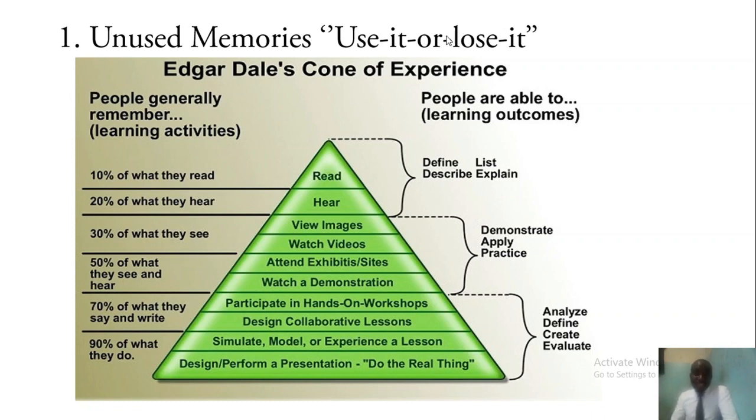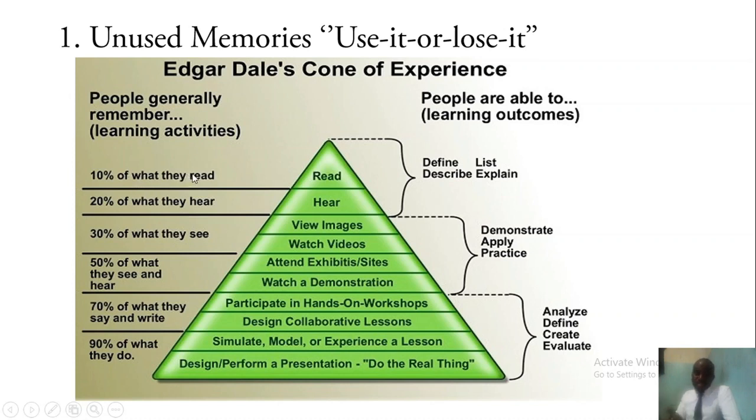The first factor is unused memories. There's a principle that is called use it or lose it. What this simply means is that if you are not utilizing information that you have stored in your brain or in your short-term memory, that information is likely to be lost. So the more it explains habit. The more you begin to do something, the more you begin to learn of it, and the more it becomes difficult to forget. So we have Edgar Dale's kind of experience, which says that we are able to retain